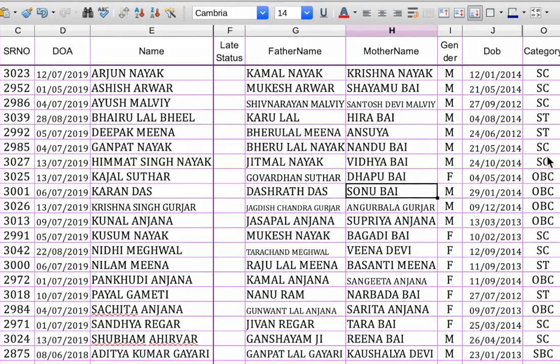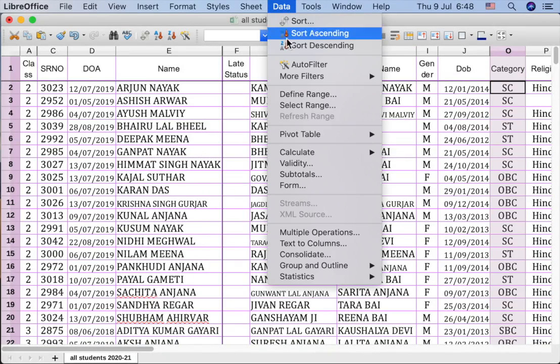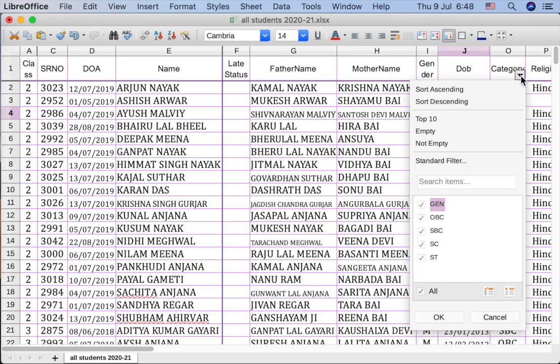So what I need to do is click on the column header of this category and then go to Data tab, apply auto filters. The filter has been applied. How do I know? I get a small triangle over here. I need to click on this triangle and